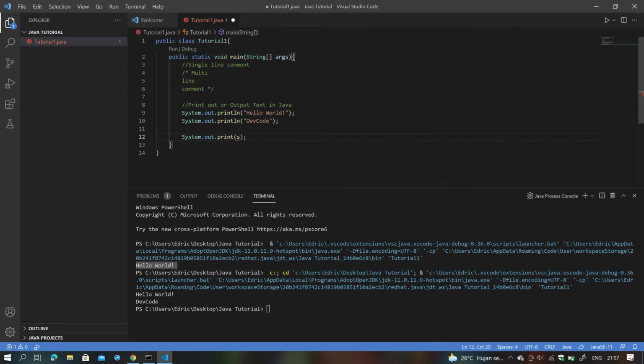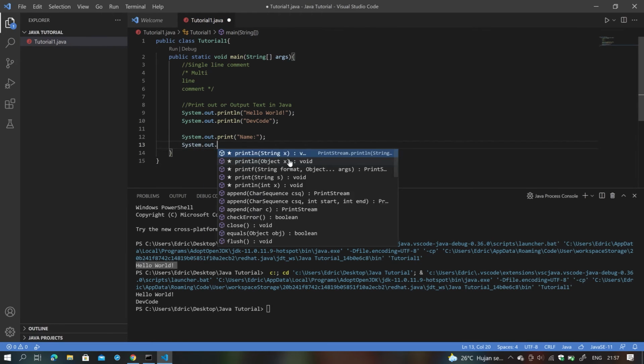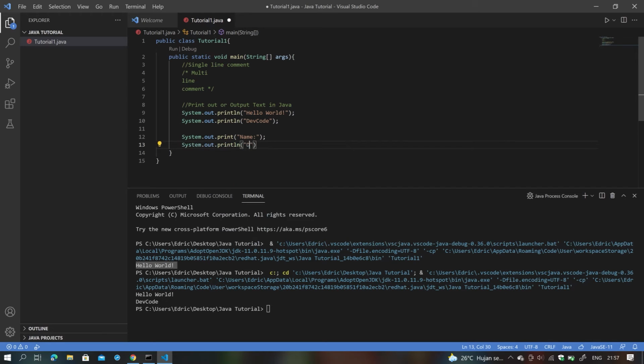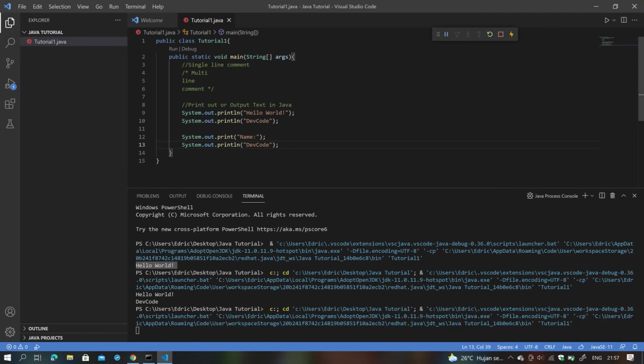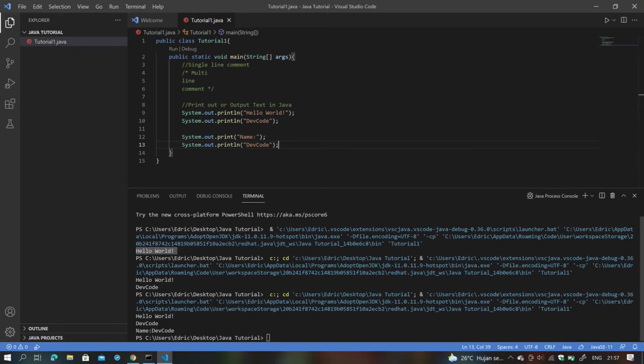And here's the difference between print and print line. If you try to print right now, let's say print name, and then below that we say system.out.println devcode, and then we try to run. You can see in this line of code that after name, devcode suddenly just gets pushed back